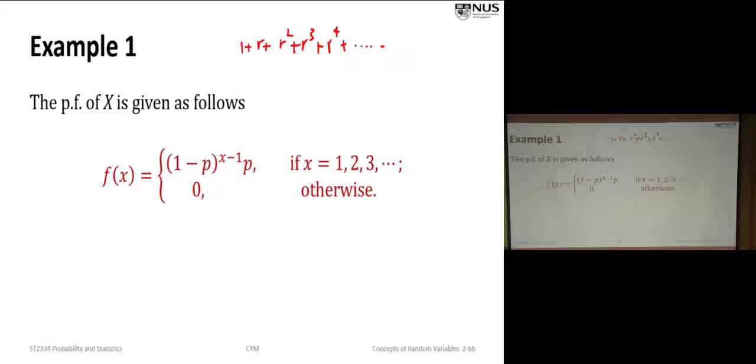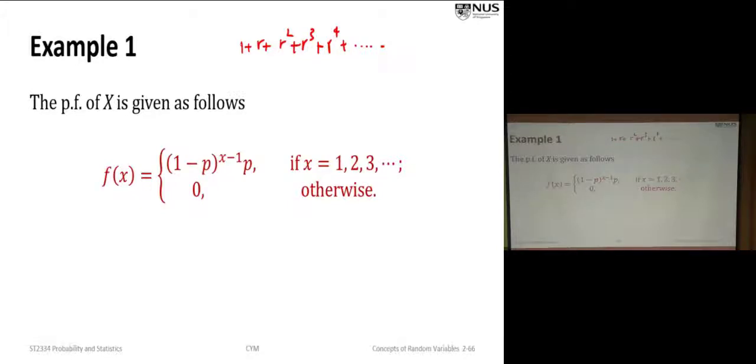So I toss a coin. The first one is a hat. Then I stop. I got my hat. So basically this represents the probability of getting a hat the first time. If the first one is a failure, then you try a second time and third time until you get the first success. So x is the number of times that you try in order to get the first success.